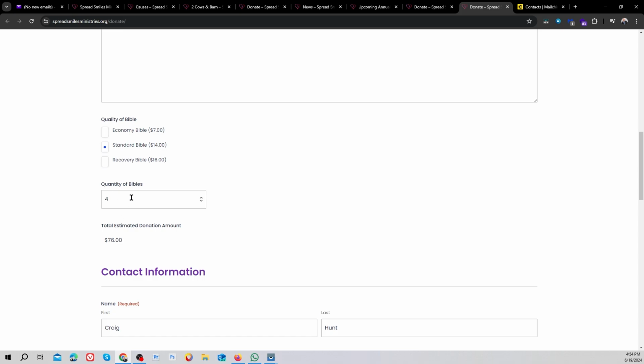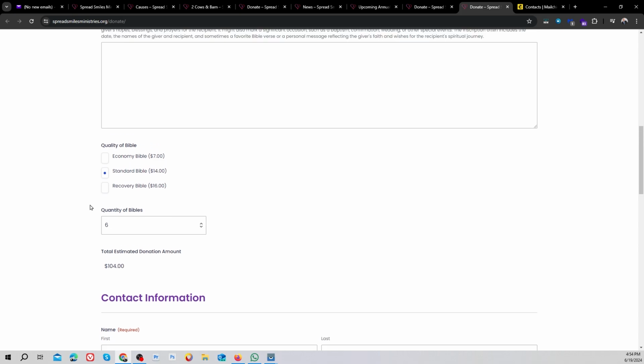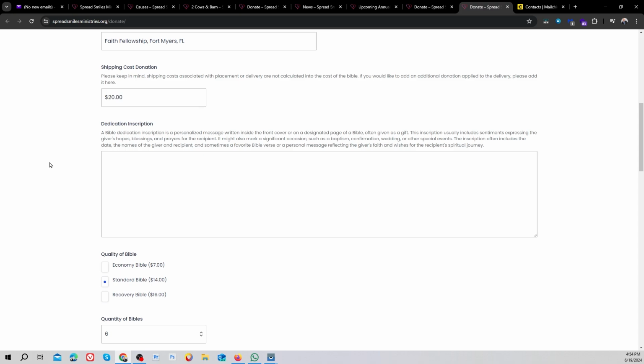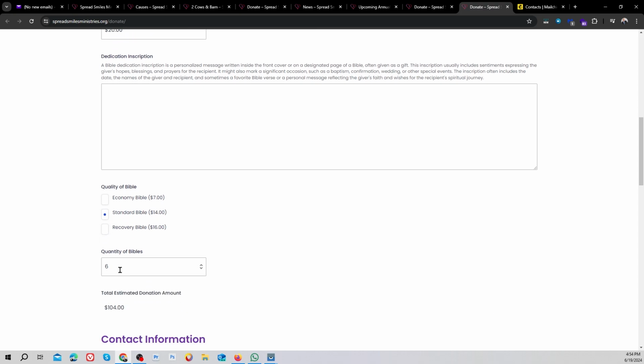They say their budget's $76, so they're going to go $100. They're going to say, okay, I got enough for 5. Then they're going to say, you know what? I'm just going to add another one for good measure. So now they know with the amount of shipping they included, plus standard Bibles, they got a total of 6